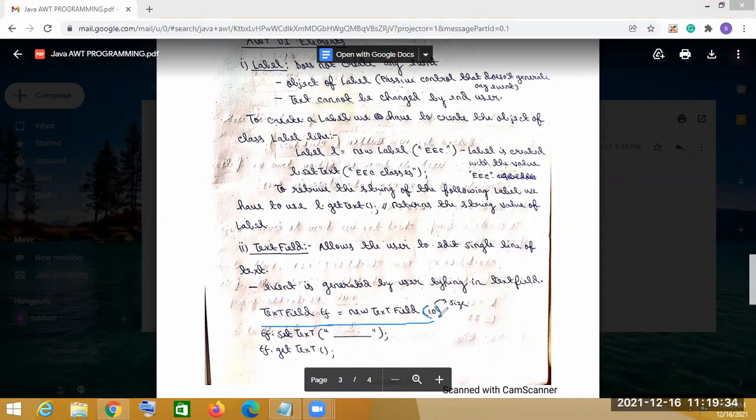That means what will our size of the text field be? Let's say as an example we are taking 10. So this text field object will hold the size of the text field. Our text field will look like this, and its size will be 10. And then using the setText method,